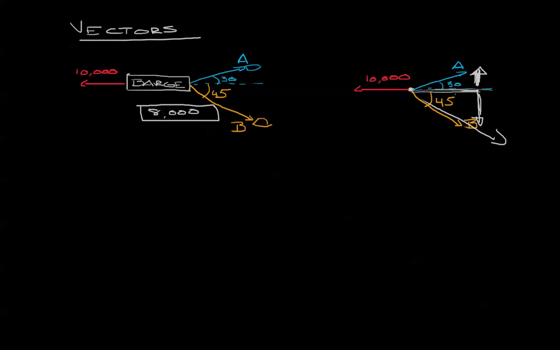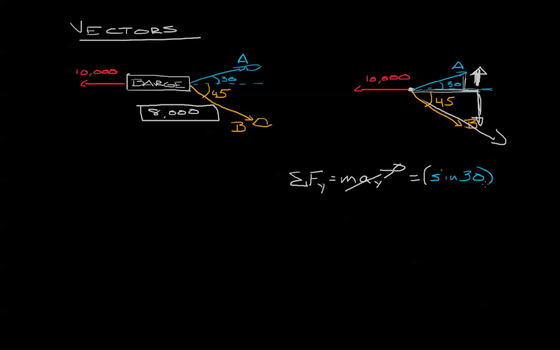One of the ways that we can do that is say, okay, well, what's happening? Let's sum the forces in the y direction. Sum of the forces in the y direction is mass times acceleration in the y direction. Now I've already told you it's not moving in the y direction at all, so this is 0. So let's see what's happening. We know that in the vertical direction, not all of tugboat A's force is going in the y direction, only the vertical component. The vertical component, from your trigonometry, is going to be the